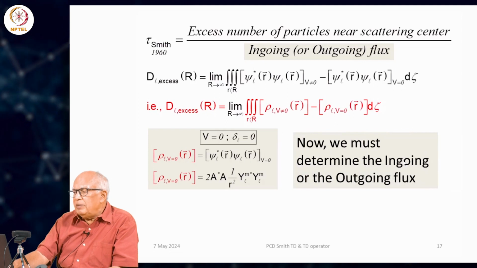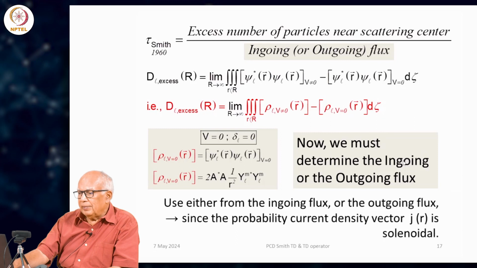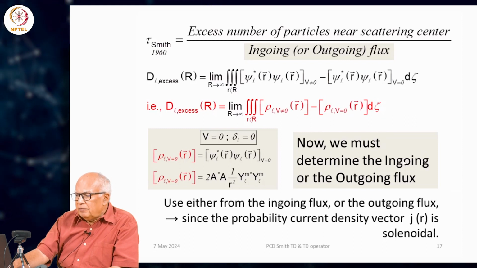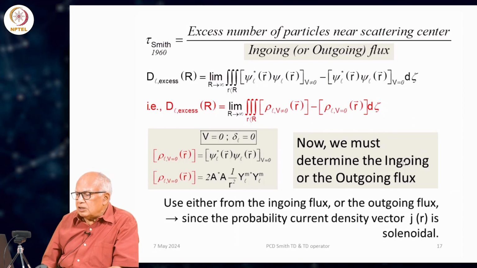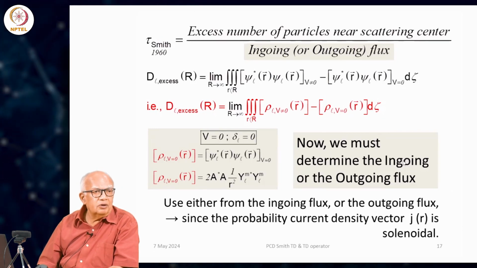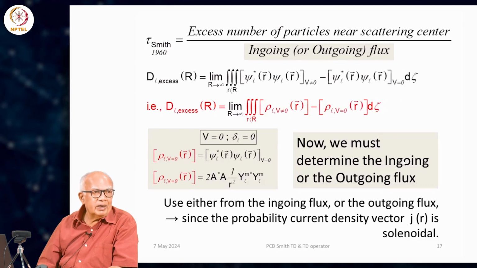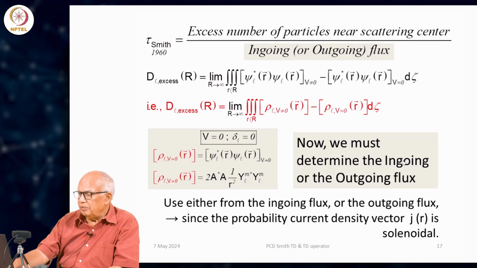So, let us determine the ingoing or the outgoing flux, it does not matter which one. Either of them will work, because the current density vector is solenoidal, its divergence goes to 0. So, there is no creation or destruction of particles. It is a conservation principle,